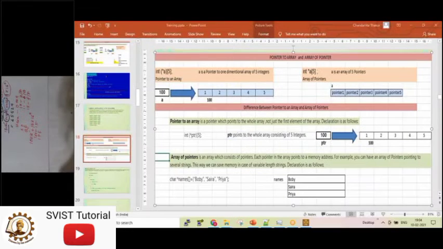Pointer 1 is an address. Pointer 1 is not a value. Pointer 1 is the address of a memory location. In that memory location, if you are taking it as a character, you have Bobby stored. If you have taken an integer array of 5, an array of 5 integer pointers, then in this case it will be holding the address of one integer. In the second case, when it is character, it will be holding the address of a character, and if you go to that address, you will find a string. An array of characters you will get.